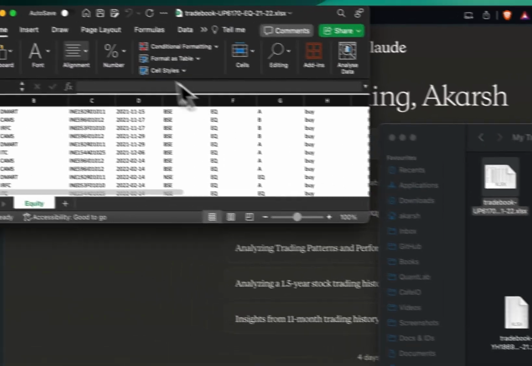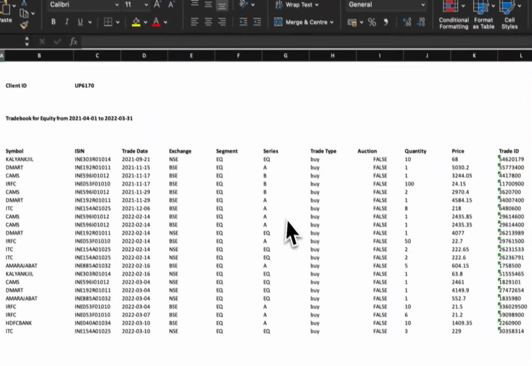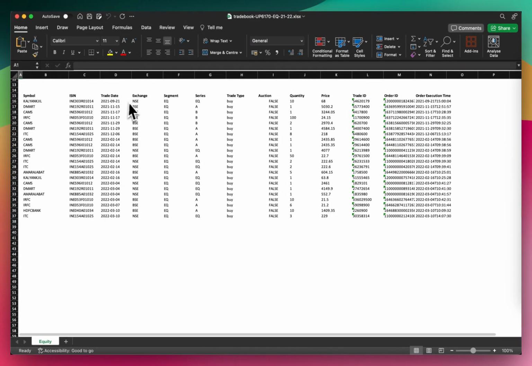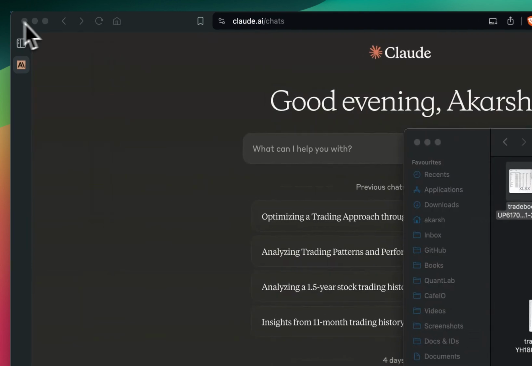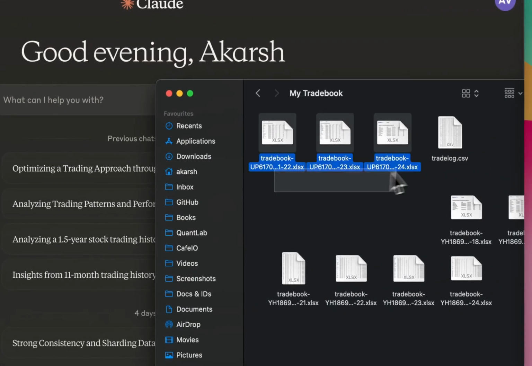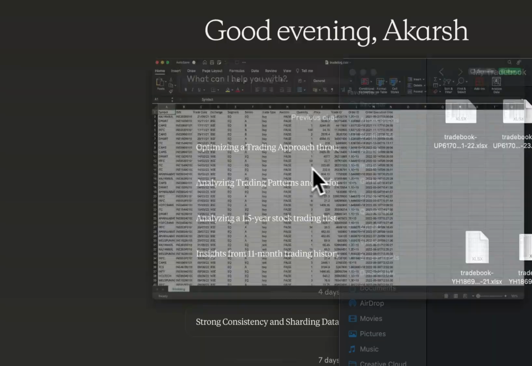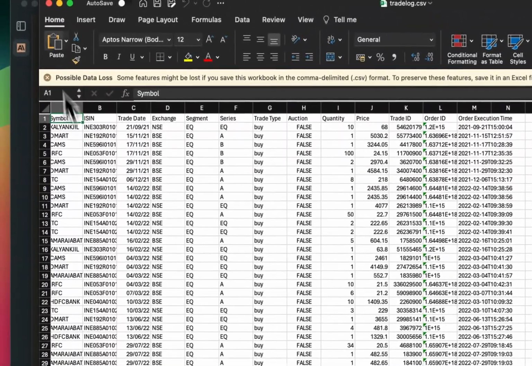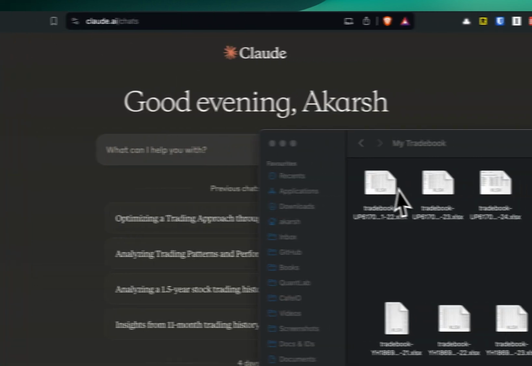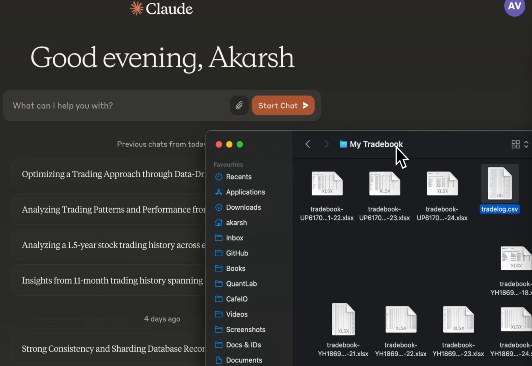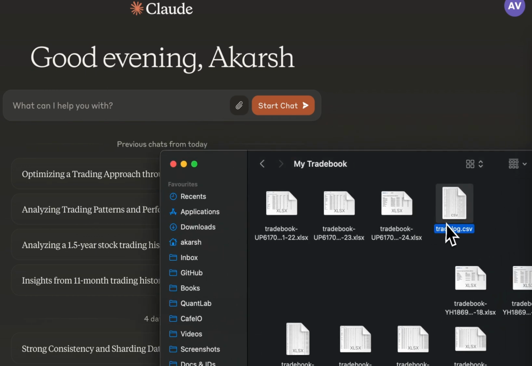So basically what I've done is I've just downloaded my trading history from Zerodha. This is for an account, and this is my past trading history. I'm okay sharing it online, and there are 3 years of trading history. All I've done is consolidate it here and save it in the form of a CSV. That's pretty straightforward. I'm not going to walk through the steps, but basically what I want to show is